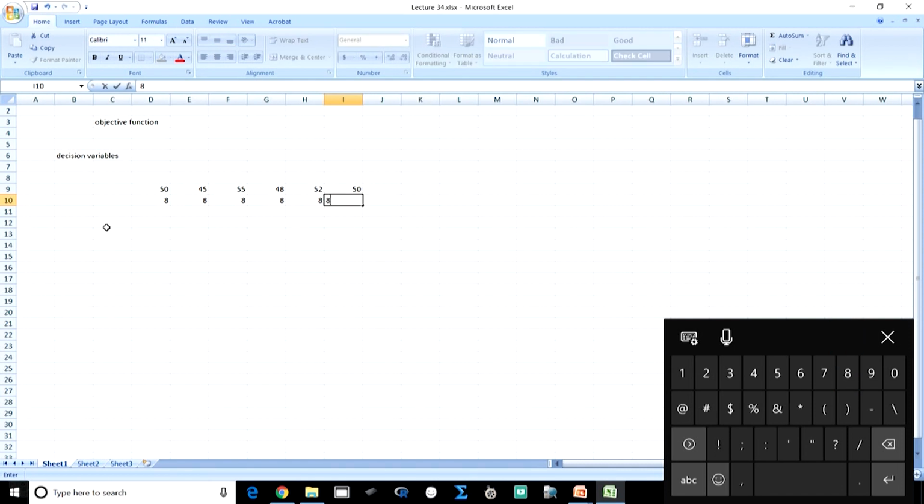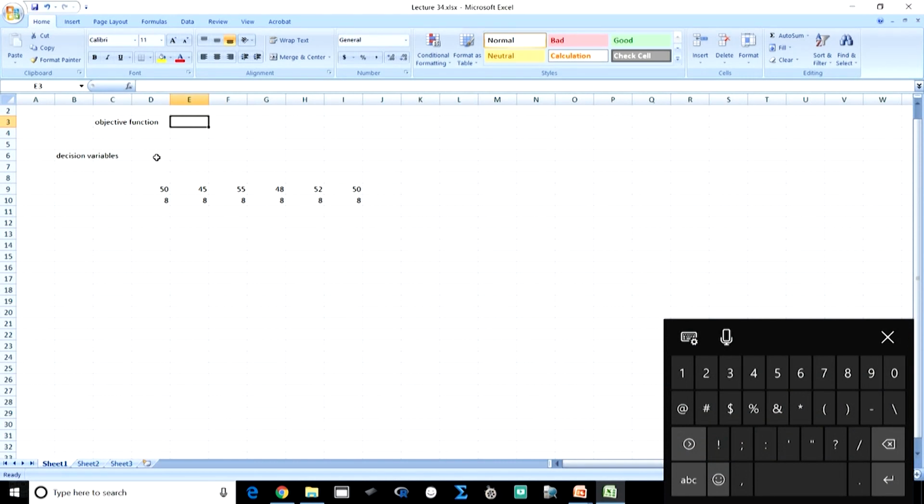Now my objective function I am going to define in this particular cell E. The objective function, if you remember, will be the sum of production cost and inventory cost. The production cost will come by multiplying the cell D6 with D9. So now here the objective function will be